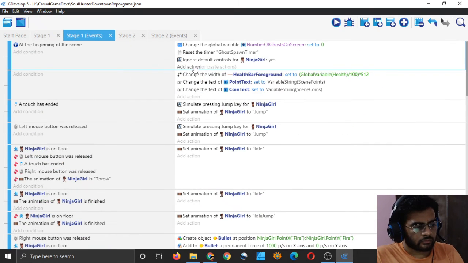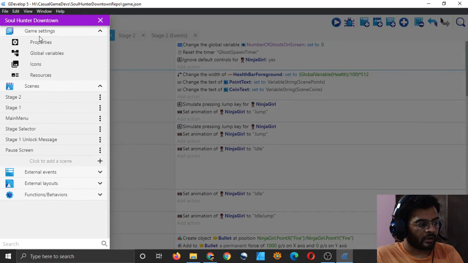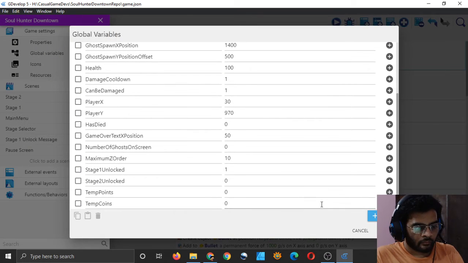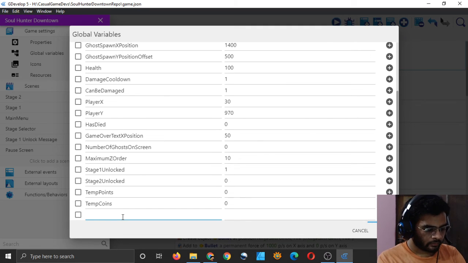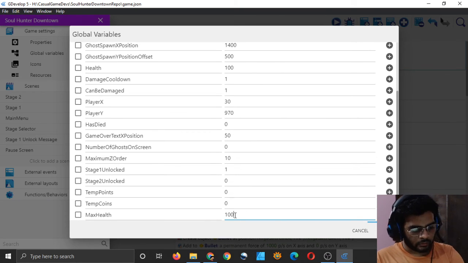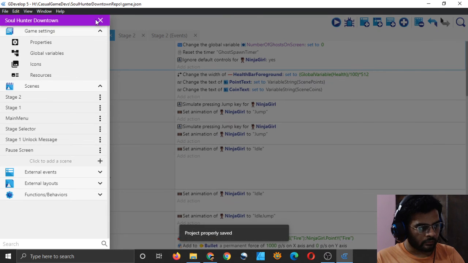Again, we will have to make a scene variable health, I guess, or just set health to maximum health. We need a variable called maximum health. So add max health, call it max health and put it 100. Apply.